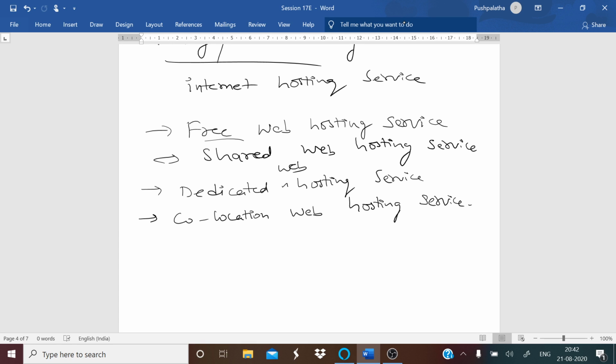The companies did not charge any money, but the services will be limited. Whereas in a shared web hosting service, this website can belong to a person on the same server as the similar other sites also. And dedicated web hosting service means the user will get their web servers and will have their own control.